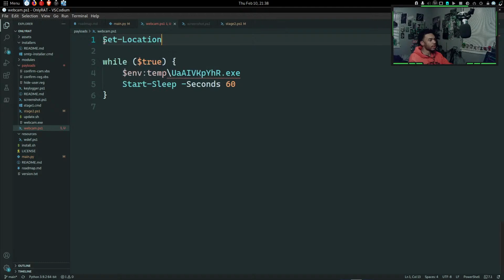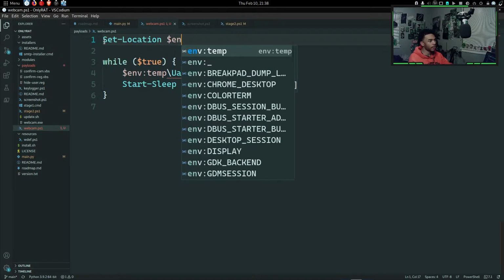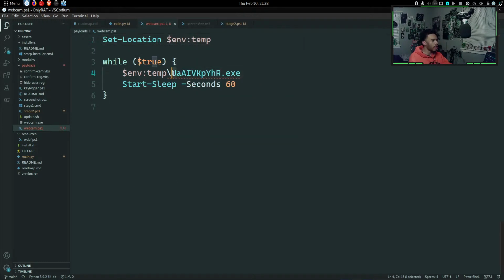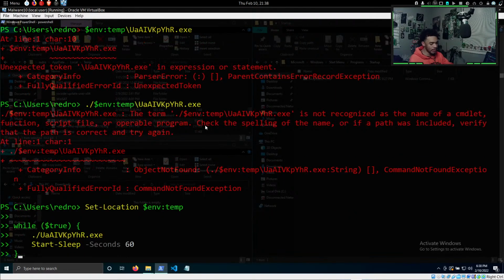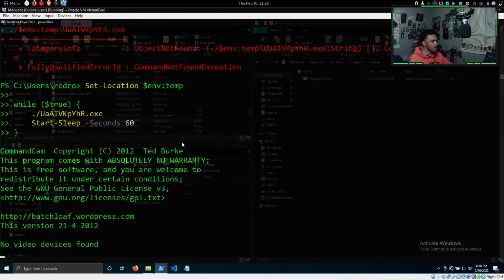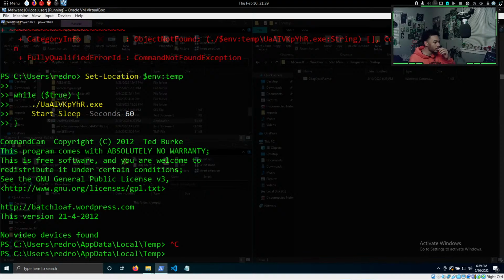So set location to $environment temp, and then we can literally just run our executable file every 60 seconds. Yeah. So if we copy this, so every 60 seconds is going to run that. Yeah. So there you go. That's how we do it. So now what we need to